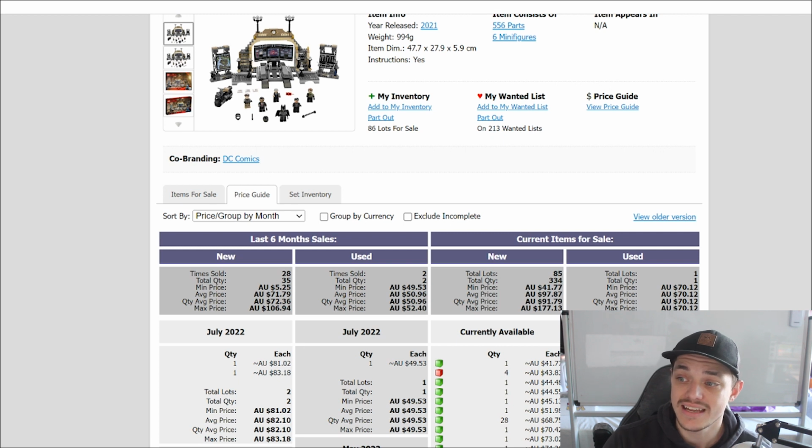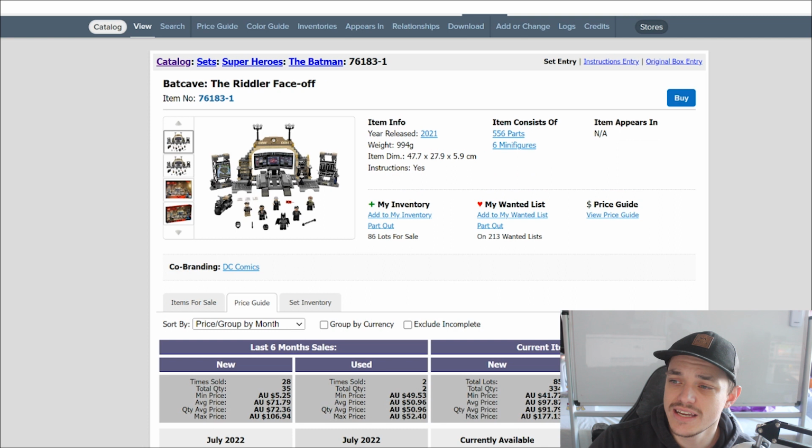And the other thing about this set is you can get it discounted pretty good as well, better than 20%, at least what I've seen around here in Australia. So I did overlook this set investment wise, but coming back and having a good look at it, especially with these figures in this set,